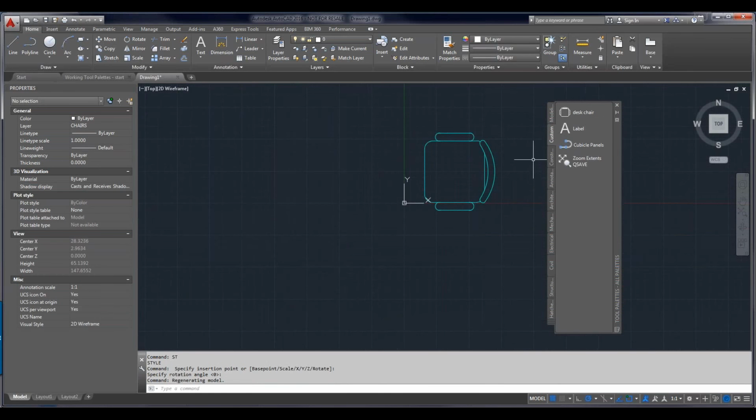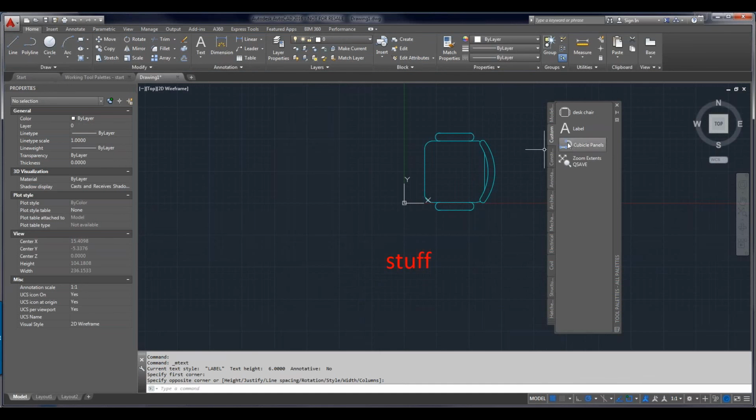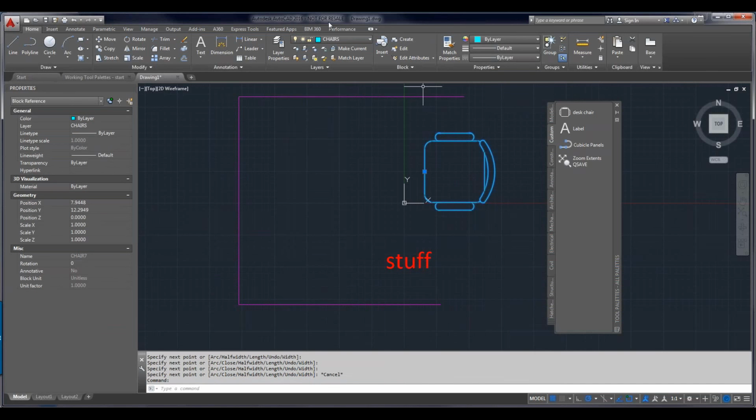And let's go ahead and put some stuff there as far as text goes. Let's go ahead and build some walls. And if we take a look at this now, it's created the layered chairs from the original drawing,